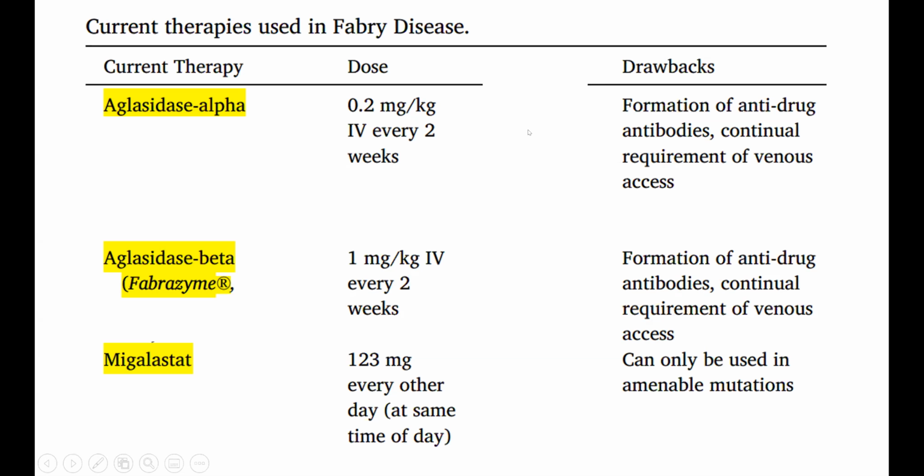Now, just a brief about the drawbacks. So when you give a recombinant enzyme in the body, there's always a risk of formation of anti-drug antibodies, and you also need a continuous venous access because this drug has to be given lifelong every 2 weeks. With the oral drug, the drawback is that it can only be used in certain amenable mutations, and we'll be